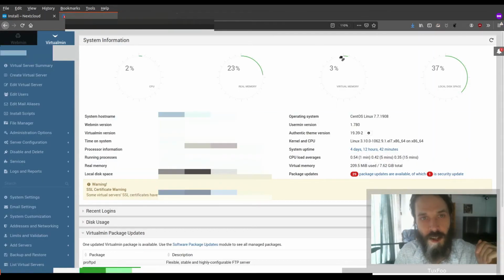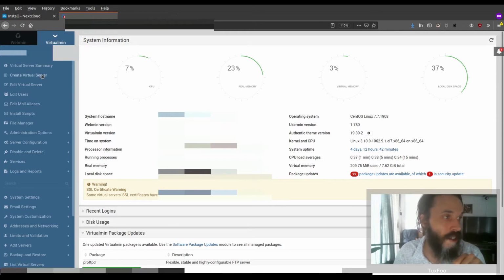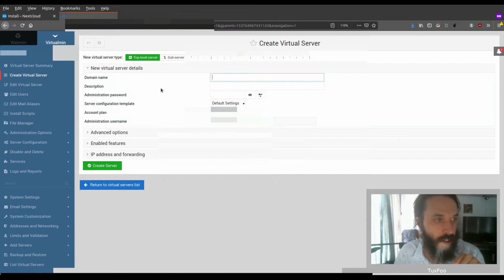In the last video, I went through how to install Virtualmin. Now Virtualmin installs a full LAMP stack, PHP, Apache, SQL, etc., etc. So that's what we'll be using to set this up. If you're using cPanel or something else, then you'll have to make adjustments where needed. So we'll click Create Virtual Server here on the left. And now let's type in,